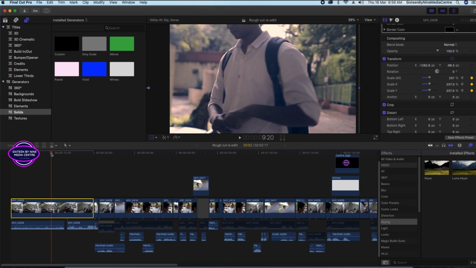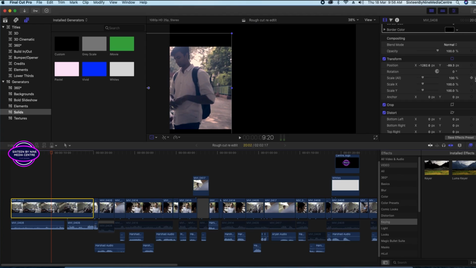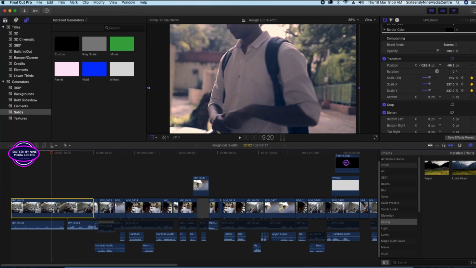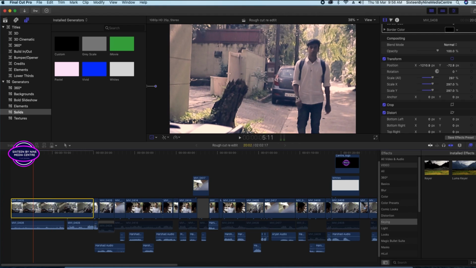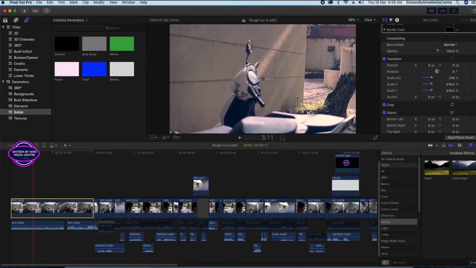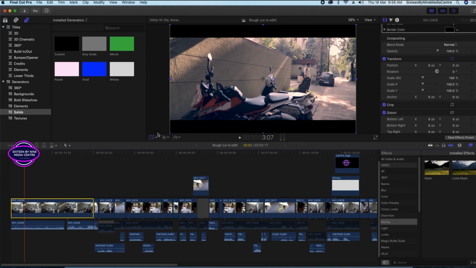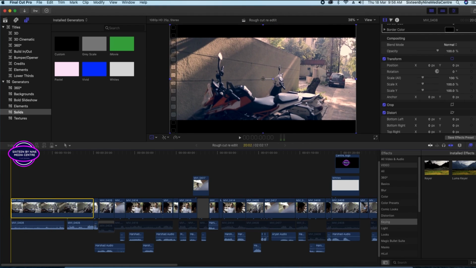So here we are, and let me just scale it to this guy. I've added keys. You can see I've added keys. So I come to this part here. Here we can see him. Again, I will add keys here. And from here to end,